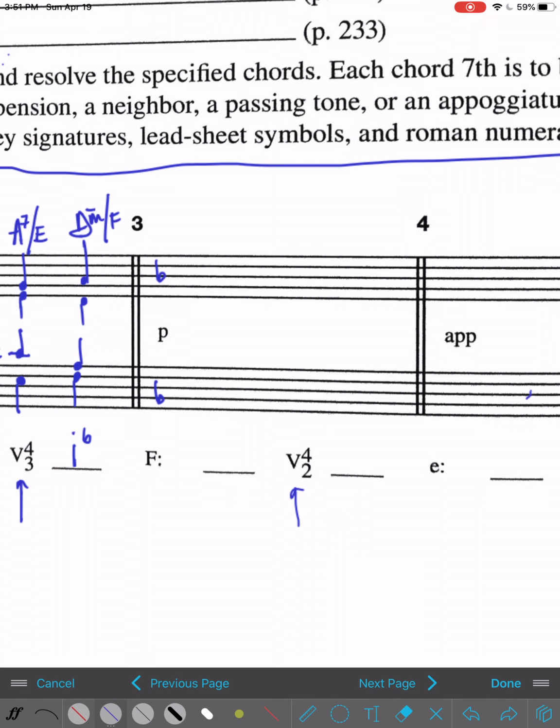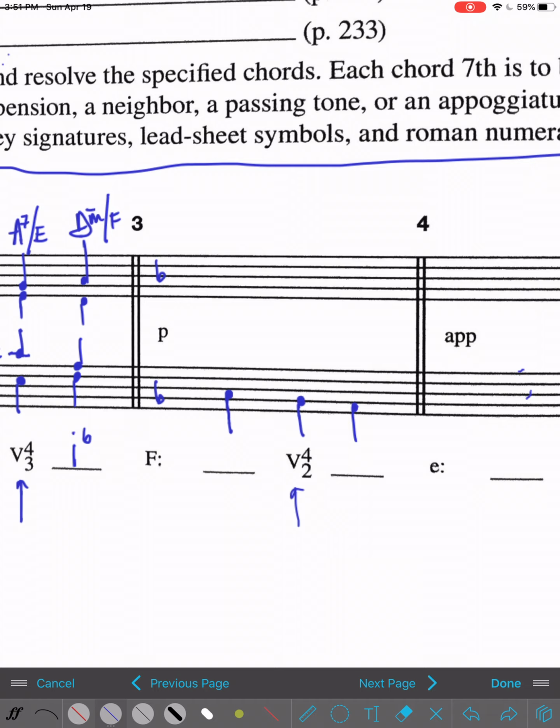If we go up to the fifth scale degree, so F is the first scale degree, G is the second, A is the third, B flat would be the fourth, and C would be the fifth. If we build a dominant seventh chord on C, it would be C, E, G, and then B flat, just like that, okay? So we're looking for a passing figure, right? So we need something like this, where we pass through the bass, okay? And again, passing just means we approach it by a step, and then we resolve it by a step in the same direction,